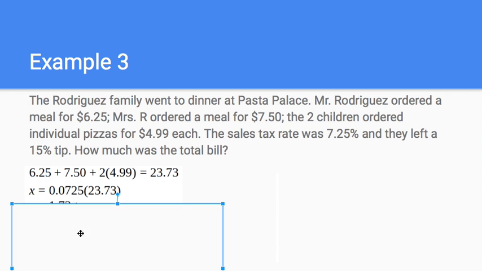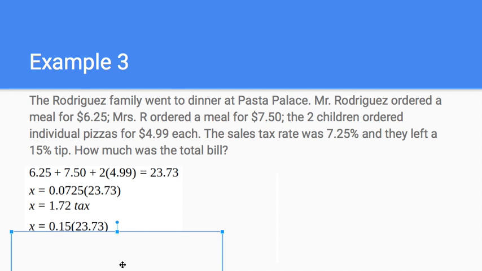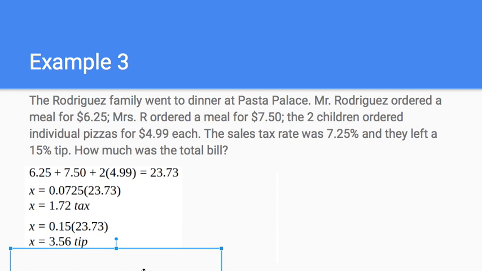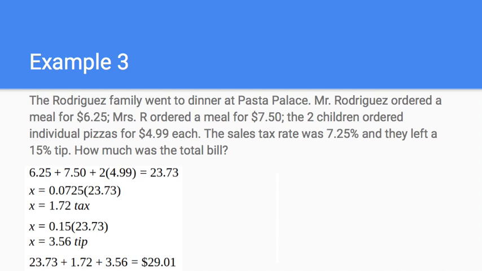So I get a 0 in front. That tells me that the tax is $1.72. I'm not done yet though, because now I have to find the tip. So I'm going to again multiply the percentage times the total amount, 23.73. So 0.15 times 23.73, that gives me a tip of $3.56. So the total bill, including tax and tip, add everything together, it's